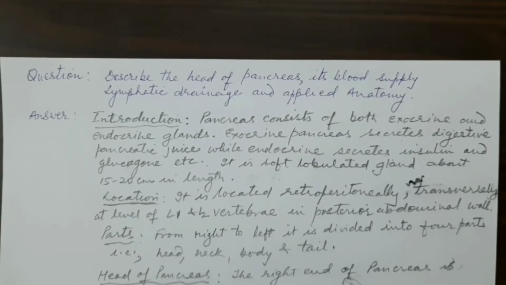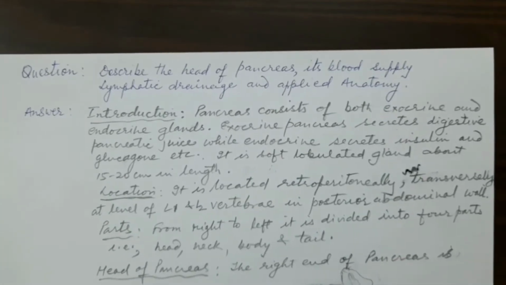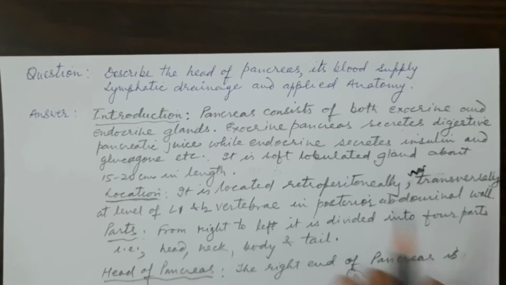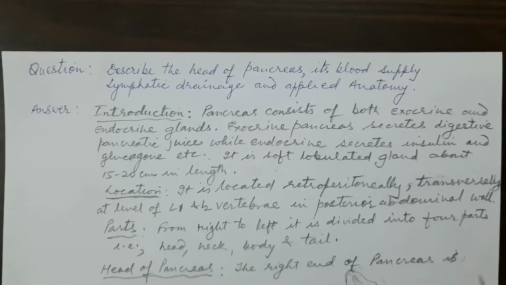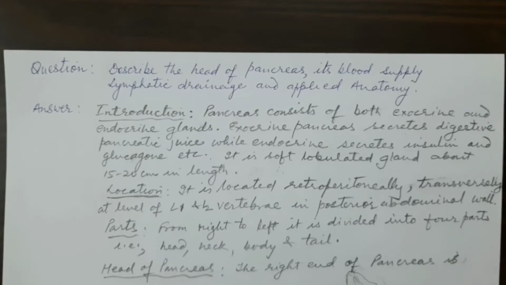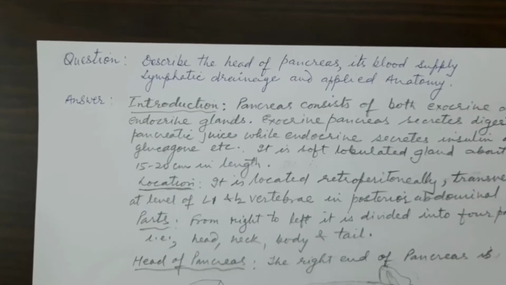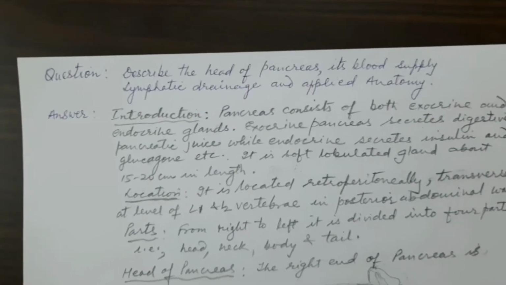This is a video lecture on the head of the pancreas. This is an important organ. The head of the pancreas is the most important, as it is the site for cancer, which leads to a lot of complications because many important structures, for example, the inferior vena cava, the portal vein, and the bile duct, are very closely related to the head of the pancreas, and this leads to a lot of complications when cancer of the head of the pancreas takes place.